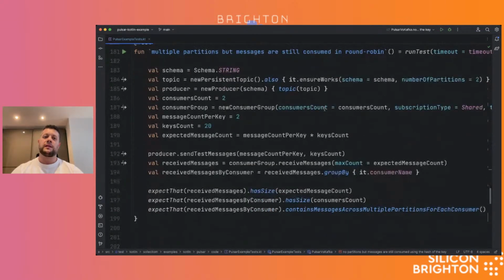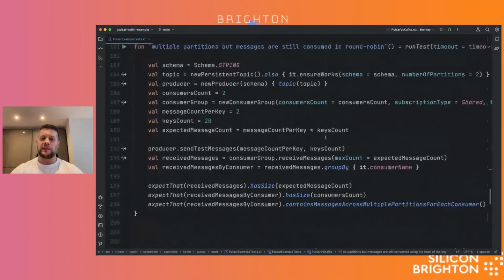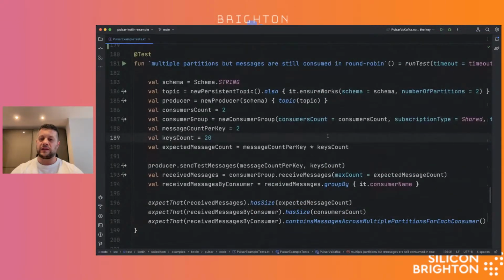Now, the difference is that also the opposite is possible. In Kafka, if you create 2 partitions and you have 2 consumers, one of them is going to receive all the messages for 1 partition, and the other consumer all the messages for the other partition.